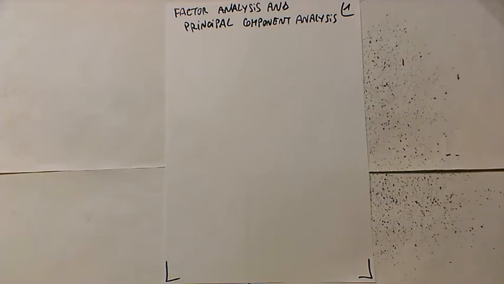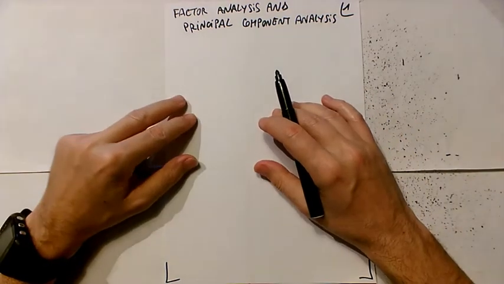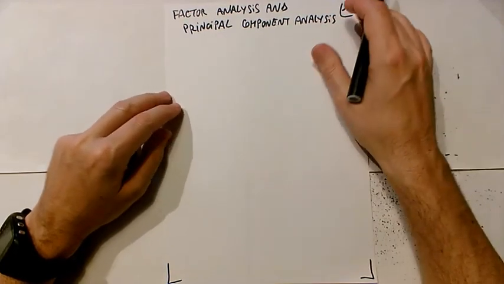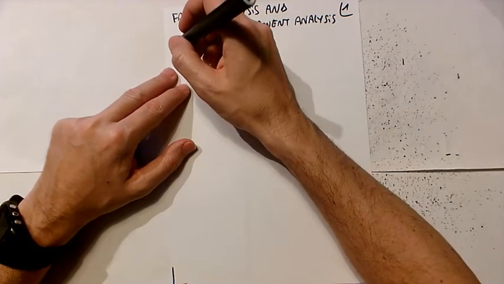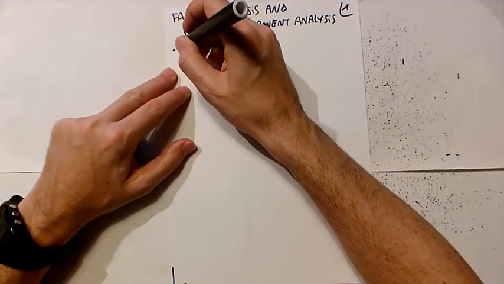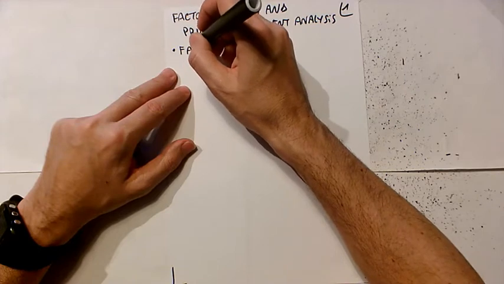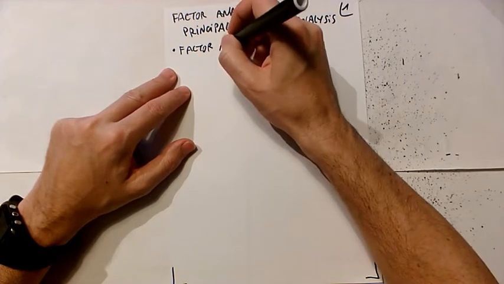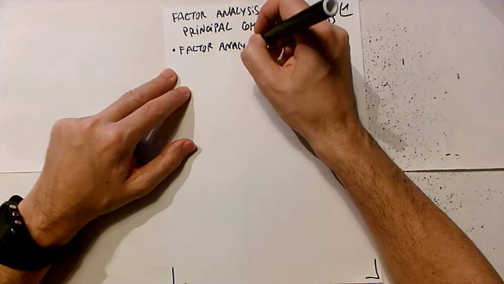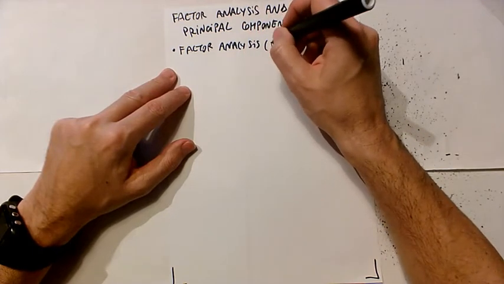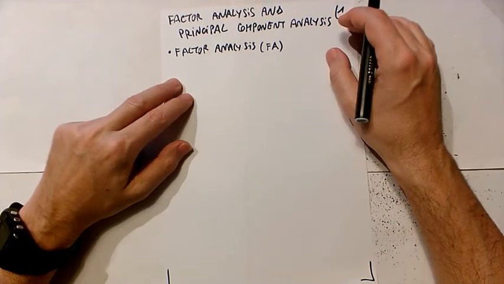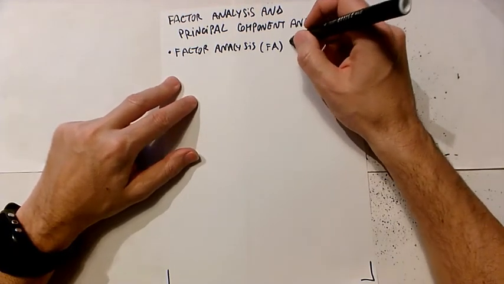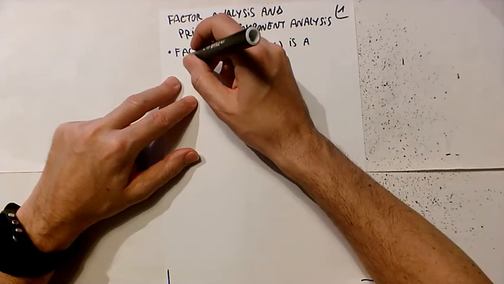So first of all, factor analysis is a multivariate technique. So let's see some basic notions. Factor analysis, we can briefly indicate it like that: FA, factor analysis, is a multivariate technique